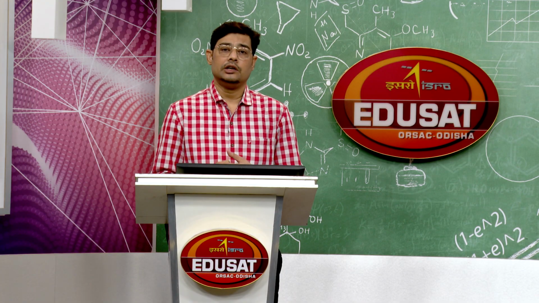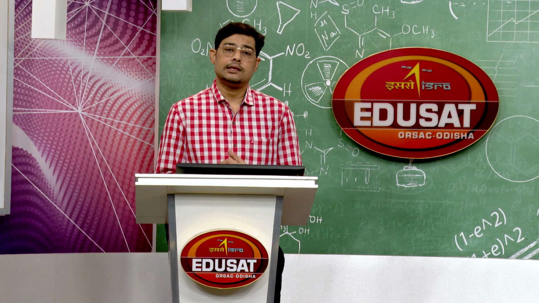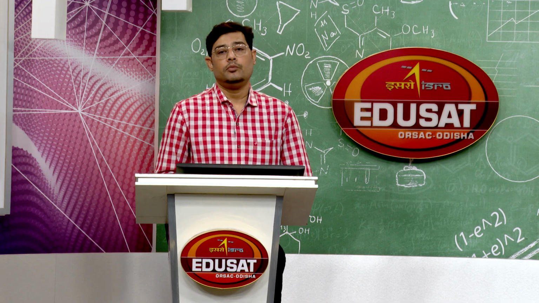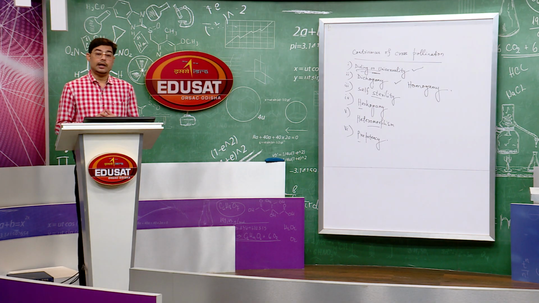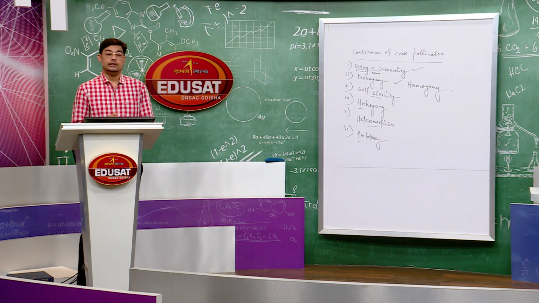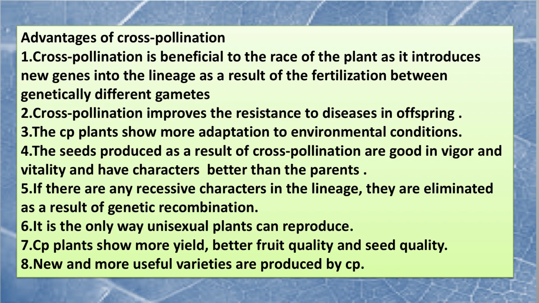Under conditions like drought, frost, and salinity, the cross pollinated plants are more adapted than the self pollinated plants. The seeds produced by cross pollinated plants are more vigorous and have more viability than the self pollinated plants. The fruit quality and seed quality are much better in cross pollinated plants. The cross pollinated plants show more yield, which is better for the farmer,